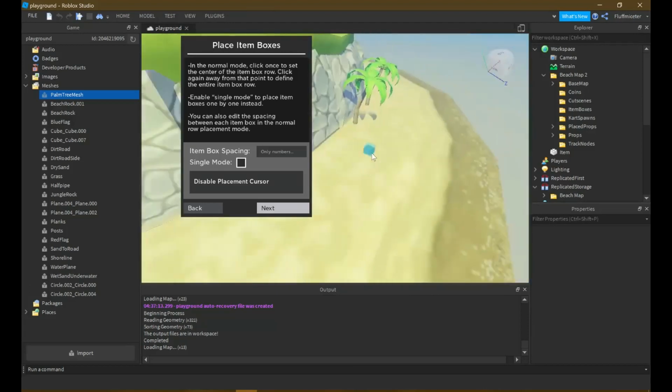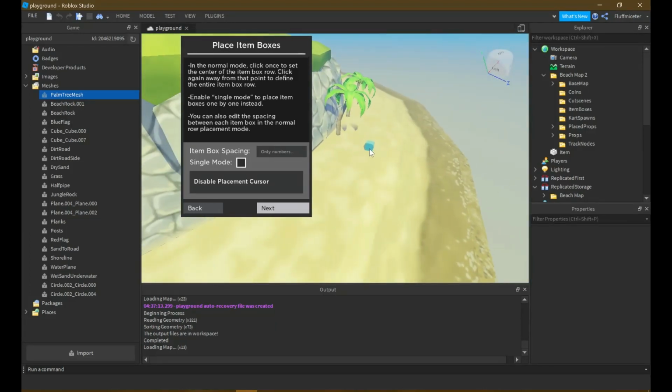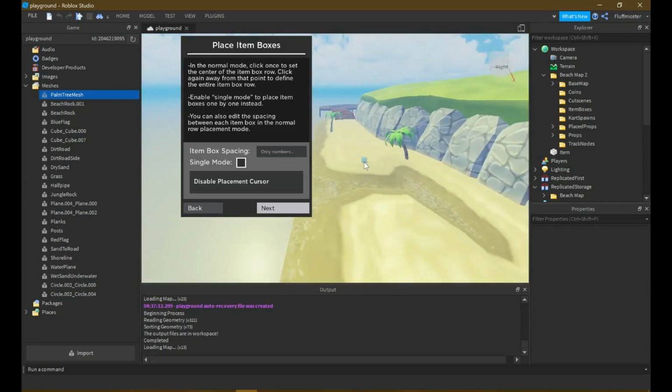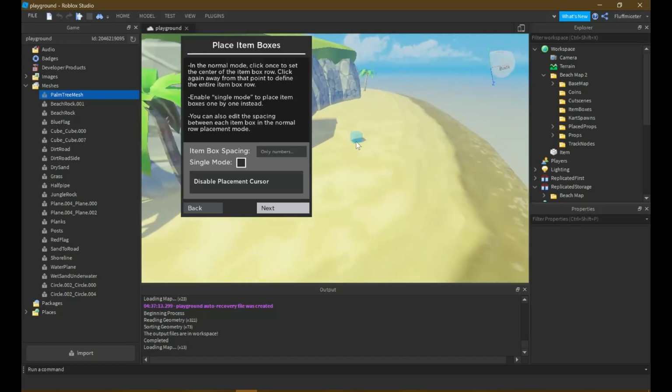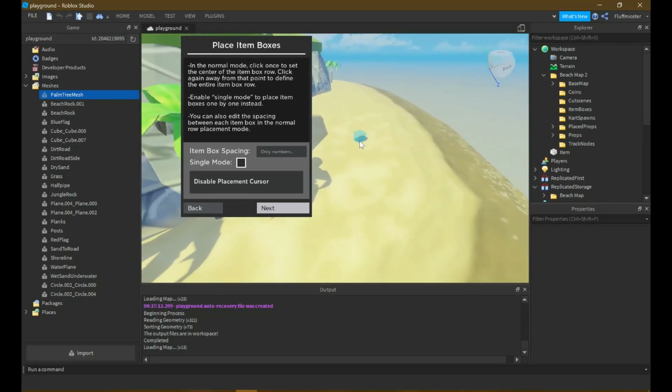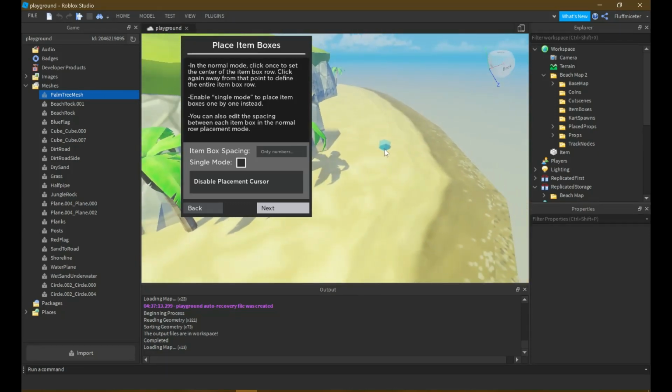So the first thing you do is you click the center of what the row is going to be. So let's say we want the item boxes to be here. Yeah, this is a good spot. So we click the center, and once we click, oh, yeah, I need to toggle the placement cursor there because it was being,